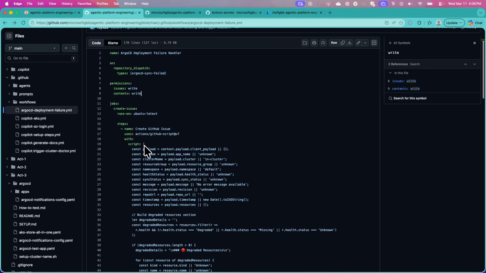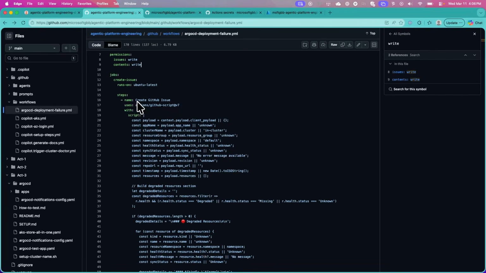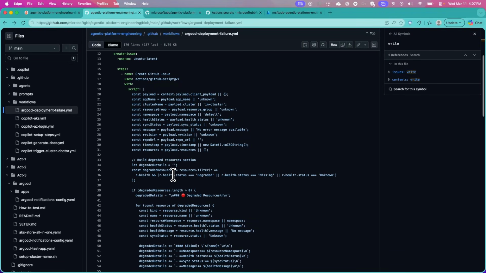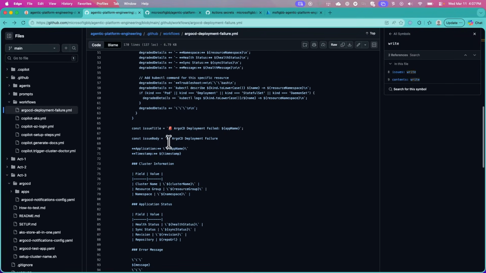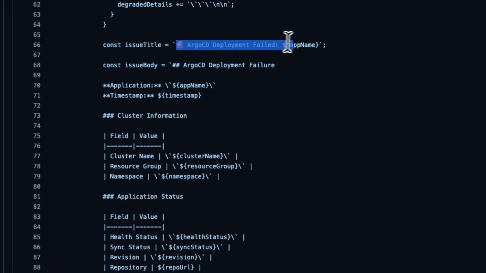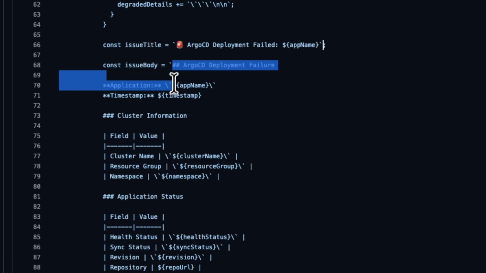From here on in, we have a step that runs a GitHub script. It's like a JavaScript-like language, essentially, which allows us to parse through the actual payload that came in that triggered this event. The payload being the Argo CD notification with that body object that we sent before in the notification config YAML. What we can do here now is parse through it in this script. Add some conditioning. That's not super important. You can read through that later. And then actually start generating the title for the issue, and then start building out the issue body